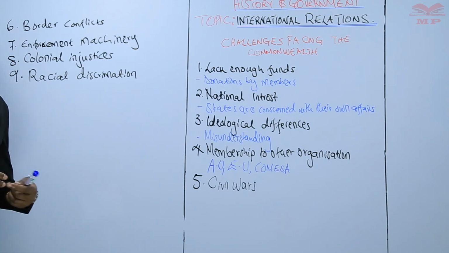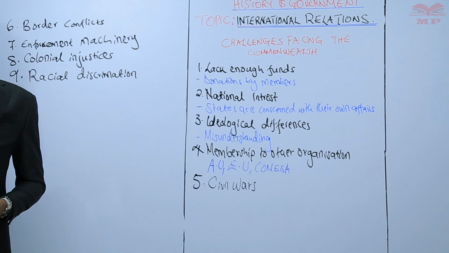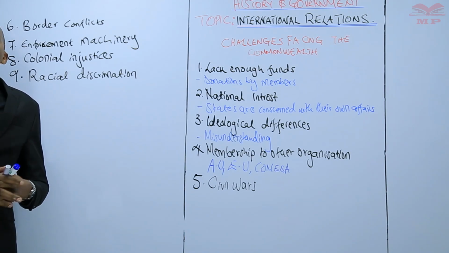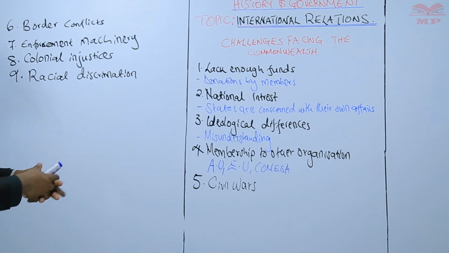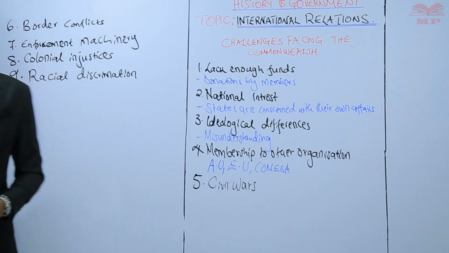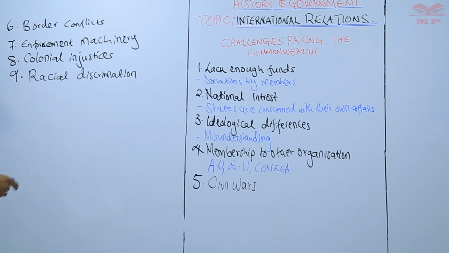Some countries have imposed restricted movements for certain races in their area. So these bring a feeling of discomfort among the members. And then lastly, the Commonwealth is dominated by